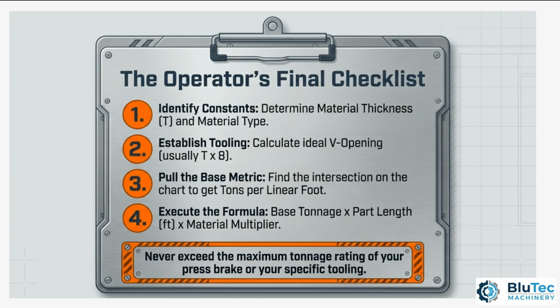And that's it. By determining your material thickness, selecting the optimal V opening, multiplying by your total bend length in feet, and adjusting for your material type, you can confidently calculate the exact press brake tonnage required for a successful